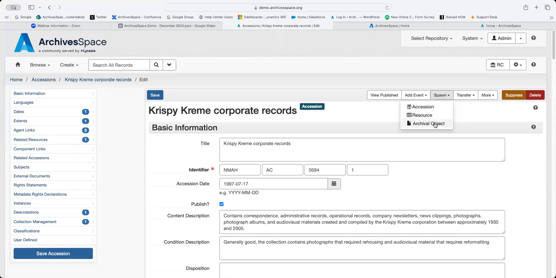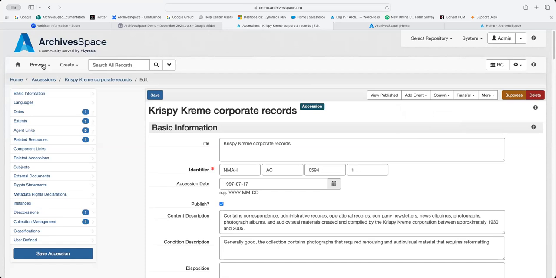And then finally, you can also spawn or auto-populate a new archival object record. That's a child record of a resource record, which I know sounds kind of jargony. But that just means like if this was an accrual of a pre-existing collection and it was going to be moved into a series for that pre-existing collection, you could spawn it as an archival object of a collection and say this is a series of that. So you can nest it in a pre-existing finding aid essentially.